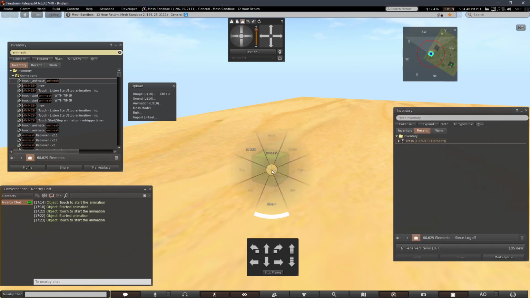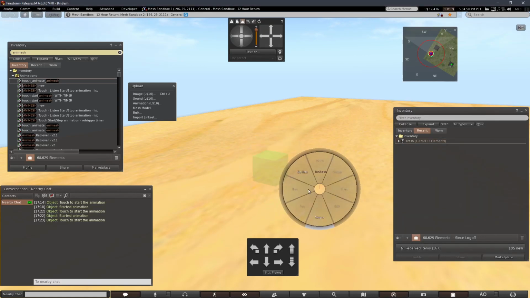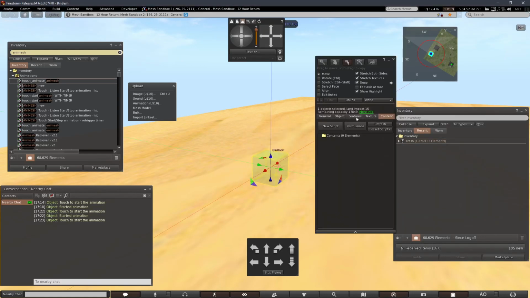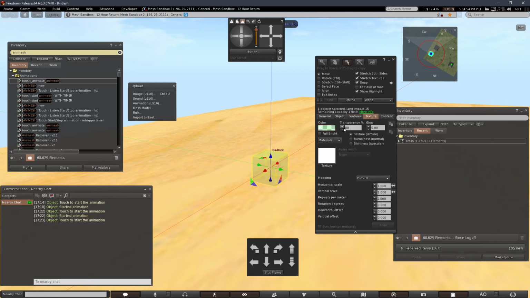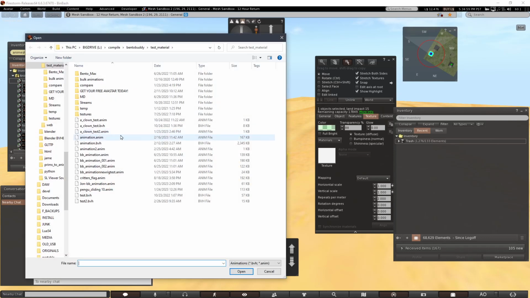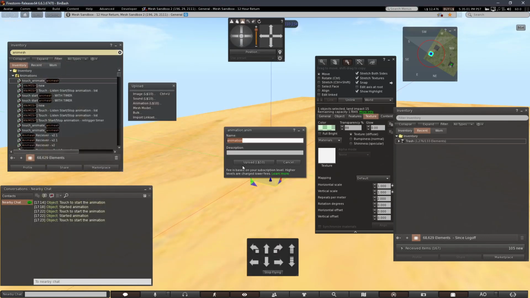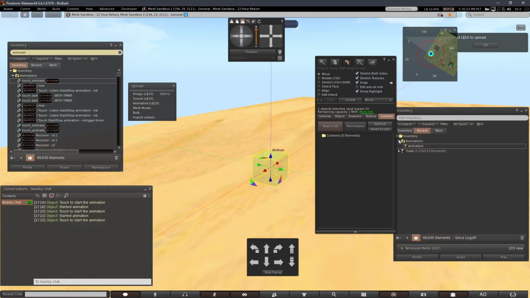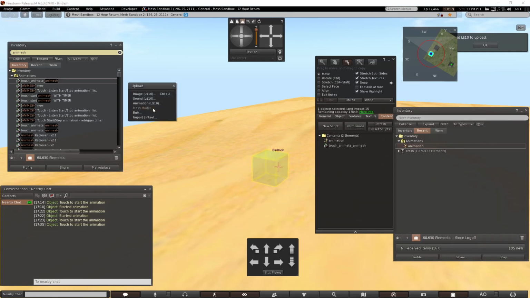Okay, so I left my cube in here from previous tests because I have it set as transparent. Upload my animation, and I'll drop that in here, and I'll drop my script in, and this comes with Bento Buddy. Upload my mesh,